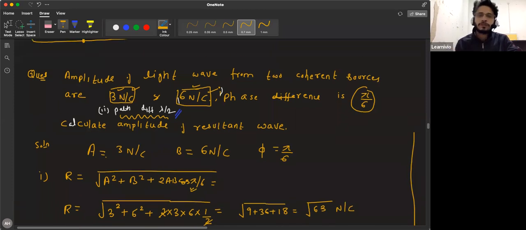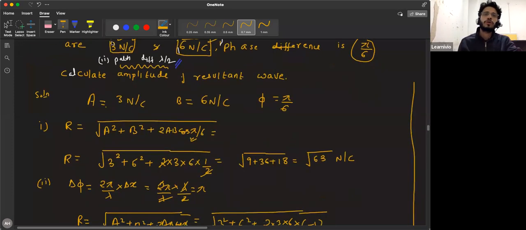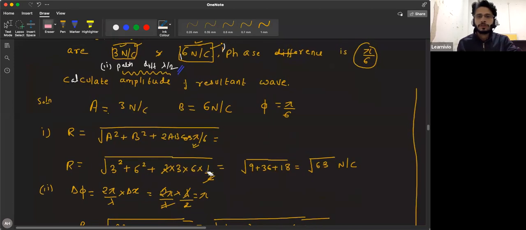Okay, this is cos pi by 6. Okay, cos pi by 6 is not half, it's root 3 by 2. So this will be 9 plus 36 plus 18 root 3. So this is root over 45 plus 18 root 3